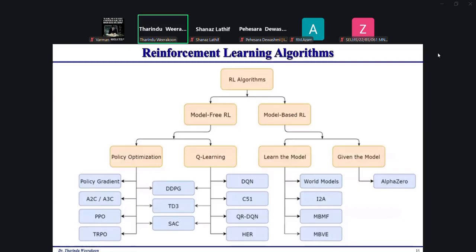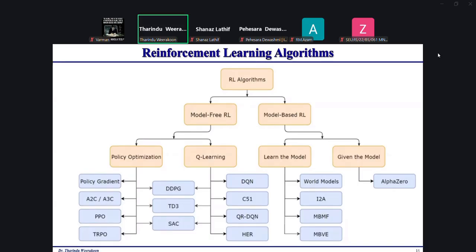Okay, then if we consider all the reinforcement learning algorithms, we can divide them into two main categories: model-free and model-based. In most cases we are dealing with model-free reinforcement learning algorithms. Otherwise, we have to have a model.